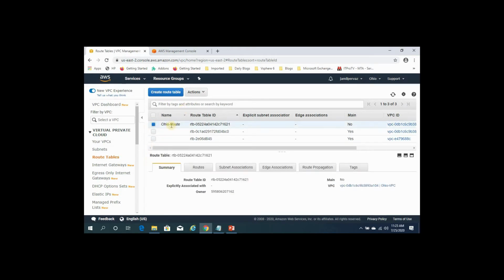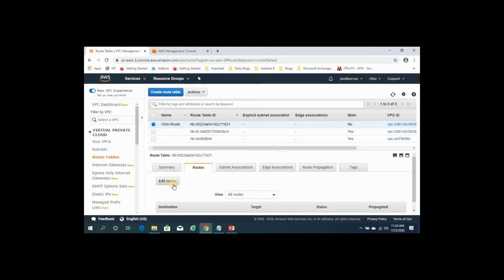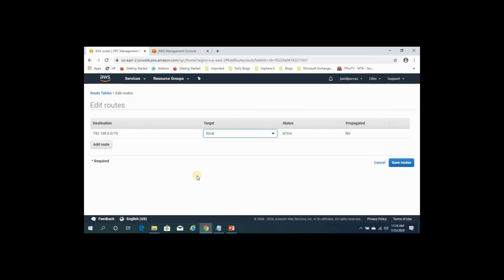So select your route. Click on routes. We need to add routes. Click on add routes. This is the local route in our Ohio region.